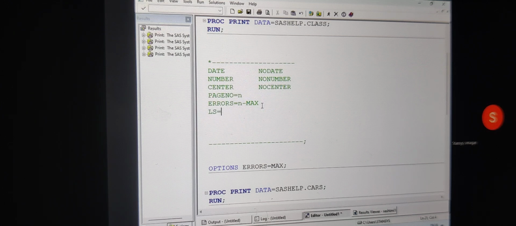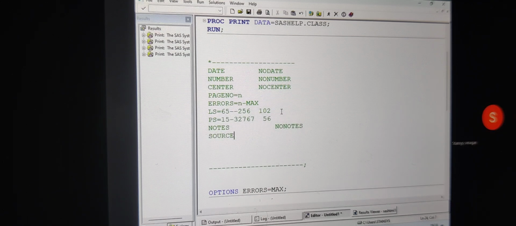Tell me, what are the options that we have seen so far? Line size is equal to, what is the minimum? 64. What is the maximum? Right now what is the default? Page size minimum? 15. What is the maximum? Right now what is the value that we have? 56. By default notes is there, by default source is there, if you don't want to have that one